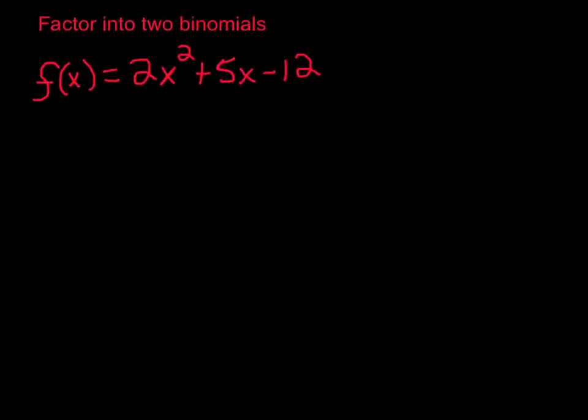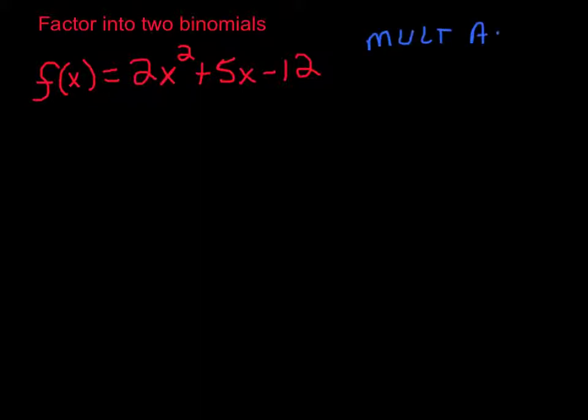Okay, on this particular one we're going to be factoring this. This is a quadratic equation or function here, and we're going to be factoring this into two different binomials. So our answer will have a binomial times a binomial. The first step on this particular one is that we're going to multiply